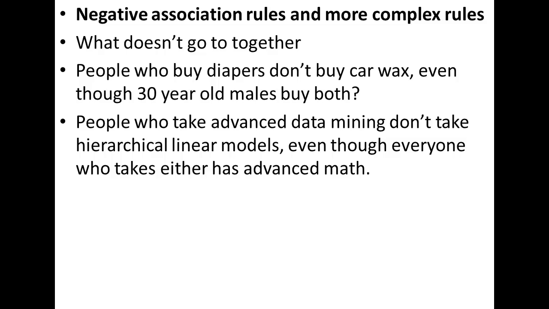People who take advanced math might end up taking hierarchical linear models, but it tells us that those two domains can be diverging from each other, and perhaps there is not enough cross-border exchange of information or knowledge of the other domain. So once again we have negation, we have more complex rules built from simpler rules, and more complex information coming to us as we try to describe the reality.